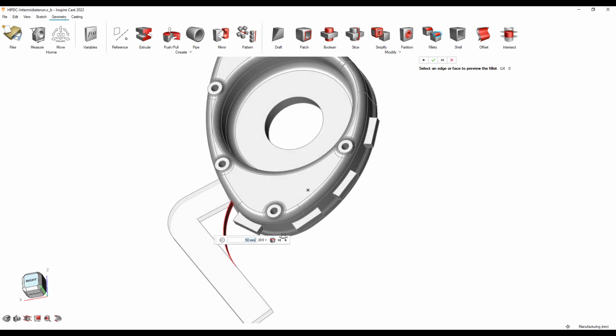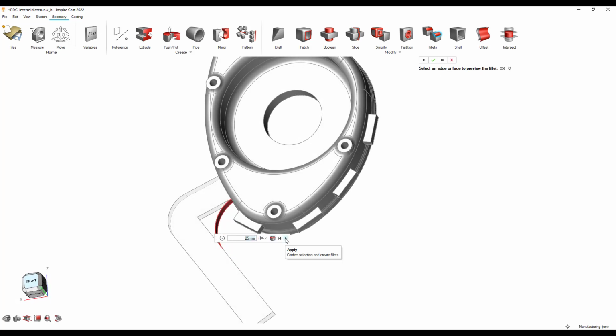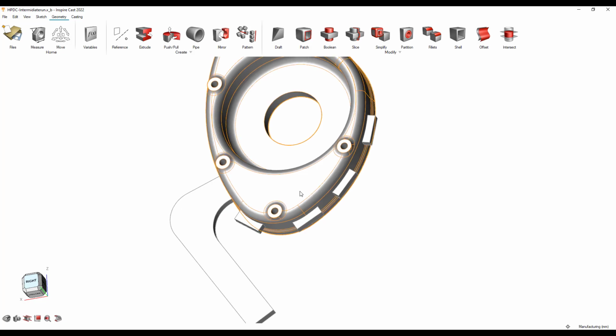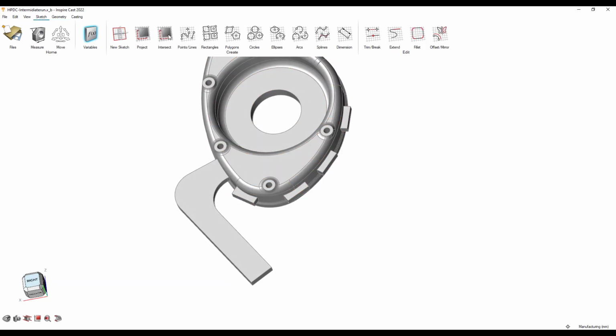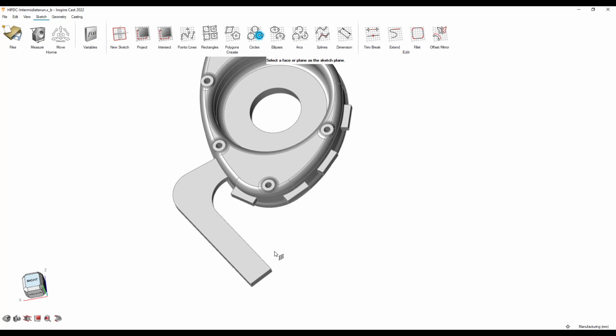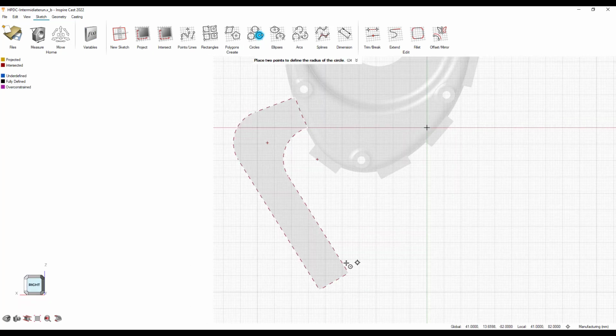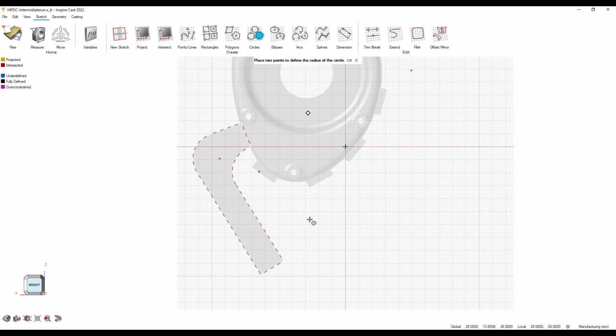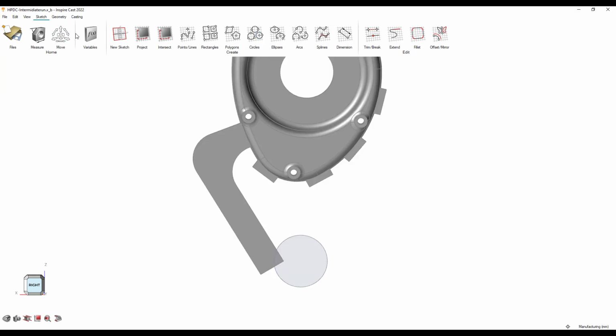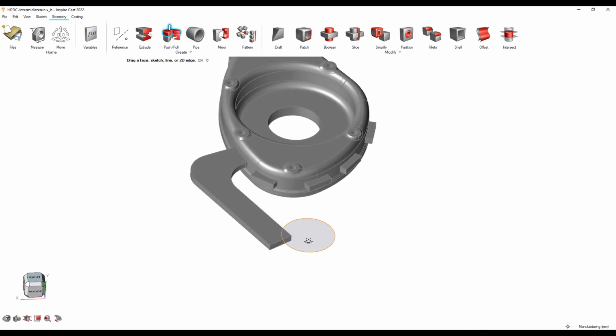I can use fillets from modification and create really smooth edges and curvatures on the filling system. And then in the center, where all five runners are going to connect together in one place, I'm going to create the shot sleeve exit from where the material will be entering from the shot sleeve to the runner system, and then from the runner system to the part itself. So the user can take advantage of sketching and geometry creation capability from InspireCast to create additional components or modify